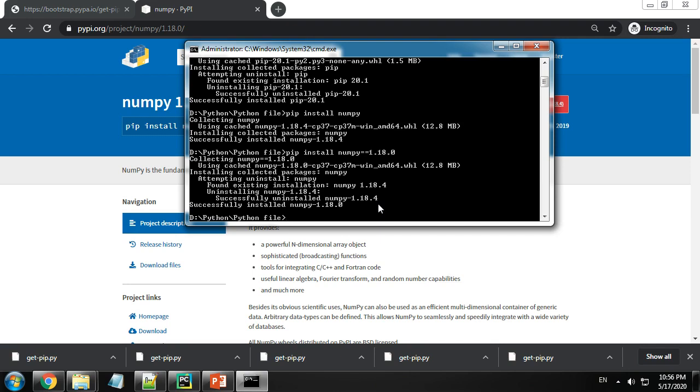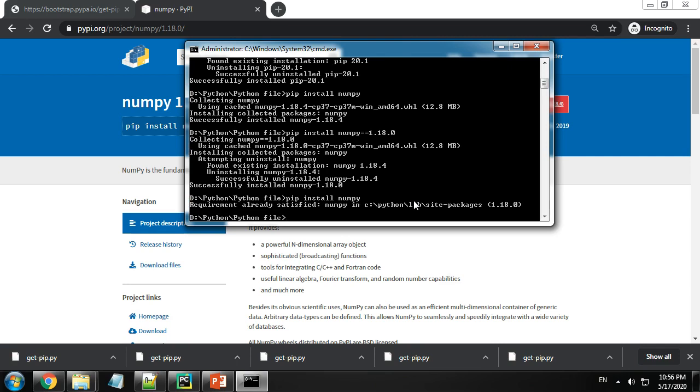Everything is handled automatically. Okay, so we have learned how to install a package, install a specific package. Now we'll learn how to upgrade a package. Now say for example I do not know the latest version of the package. So if I just do pip install NumPy, this is just going to say that NumPy is already installed on my computer.